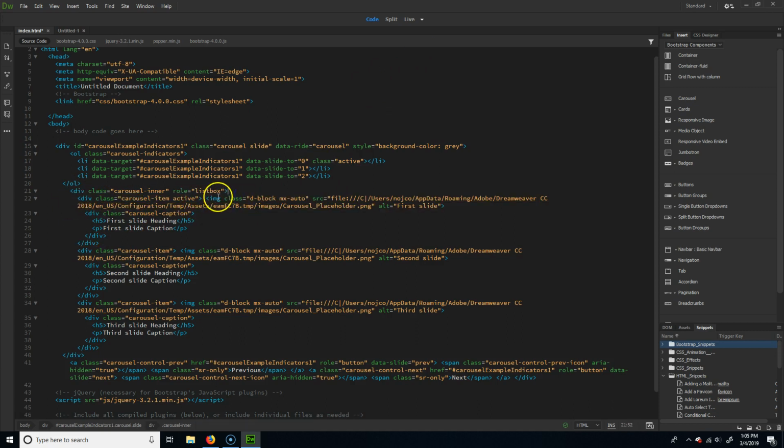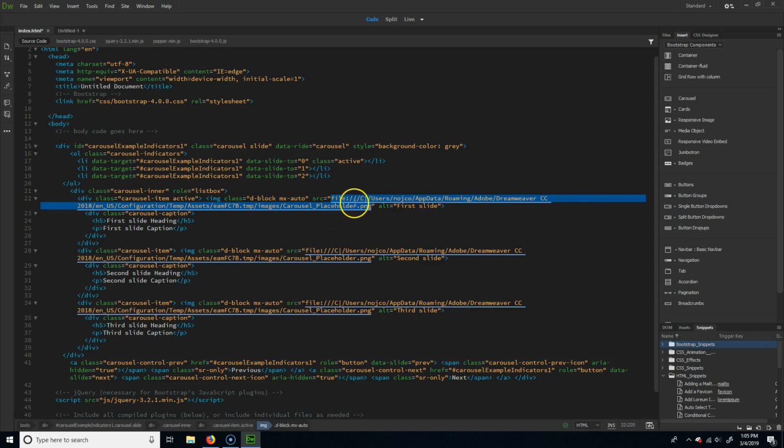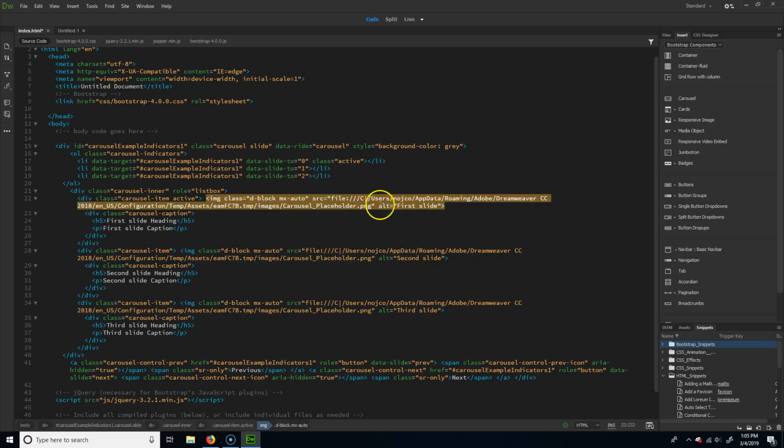the first section here. So if you look, you see it says image. It's got this class. Don't worry about that. But then it says source. So this is what you'd have to change to your picture. Okay. Right now it's using a placeholder image. You don't have to do the alt, first slide, second slide, third slide. You can, but that doesn't really say anything anyway. And then here's the